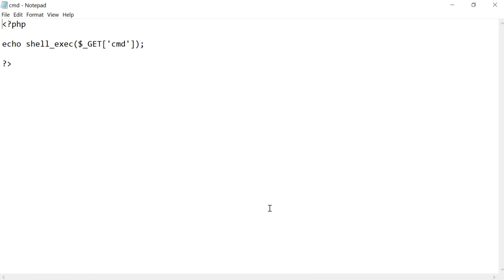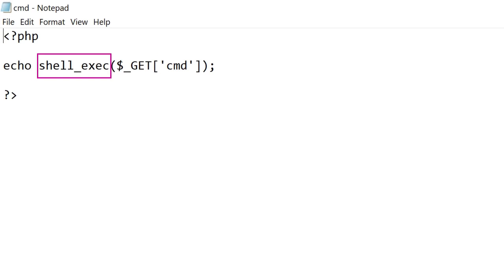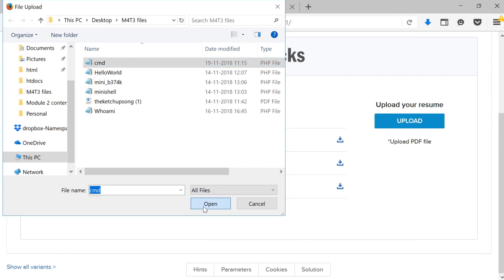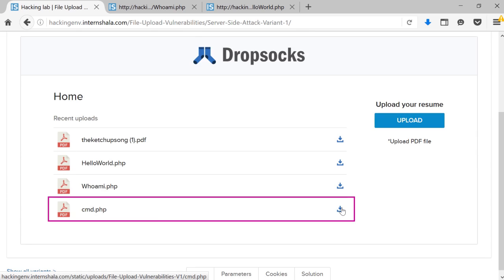Let's look at this PHP code. Now here, we have the shell_exec function, which does the same work as the exec function we looked at earlier. Now, let's look at this command that is being passed here. As you will remember, this $_GET is used to get this value here when it is passed. And since the function is shell_exec, this value that will be passed will get executed. Now, since this is a GET based request, we can enter this value of cmd in our URL ourselves. Let's upload this file. Now let's run this file.